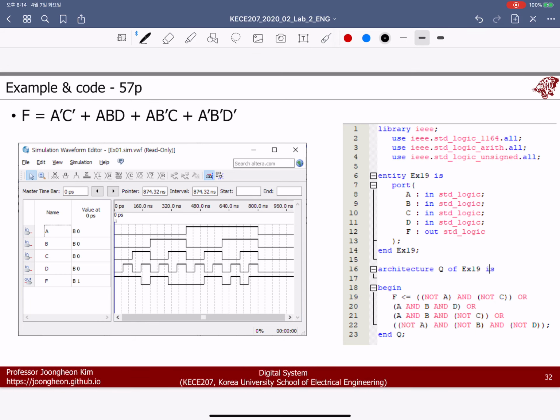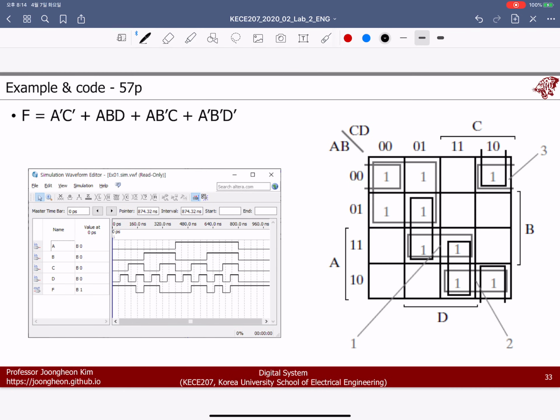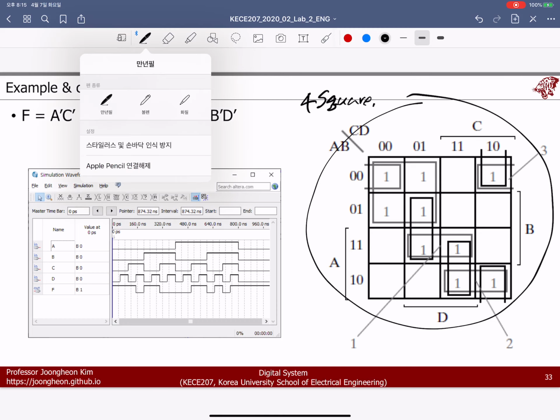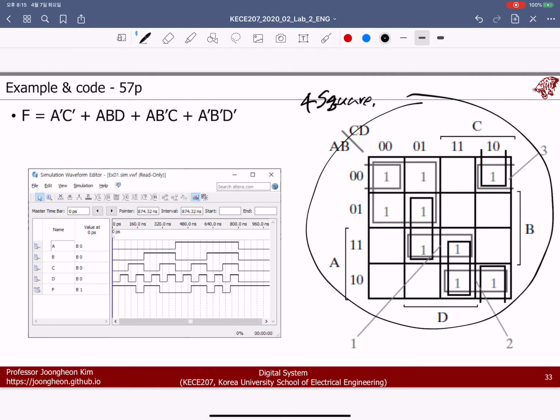Page 57. Function equals not A and not C, or A and B and D, or A and not B and C, or not A and not B and not D. So this is 4 squares, but you can be confused by this